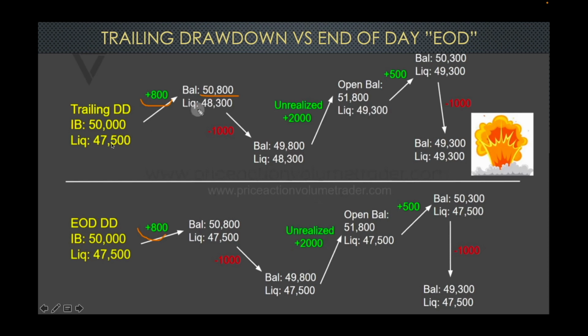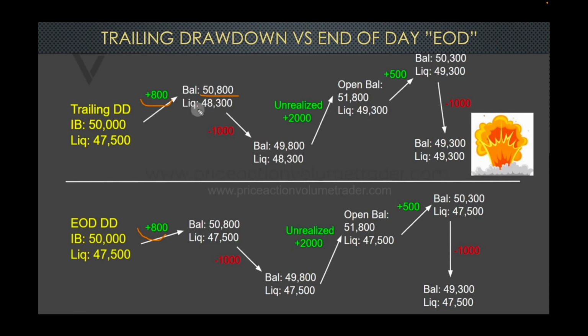So you start out both of them at $50,000. Your drawdown is $2,500. So when I say drawdown of $2,500, basically that's what you have to trade. You lose that $2,500, you lose your account. So even though the account says it's a $50,000 account, that doesn't mean jack shit. The only thing that matters is the drawdown.